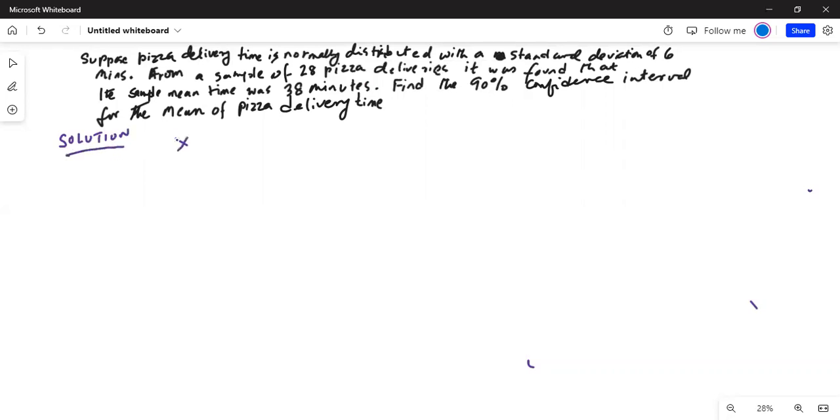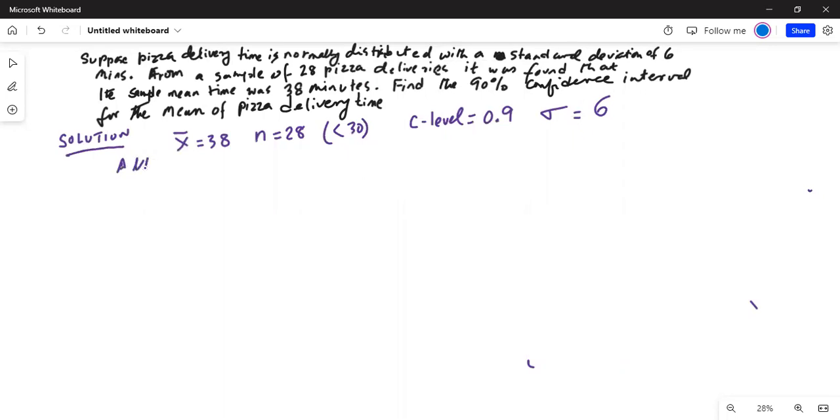My sample mean is 38. My sample size n is 28, which is less than 30. My confidence level is 0.9, and my population standard deviation is 6. Okay. Now,